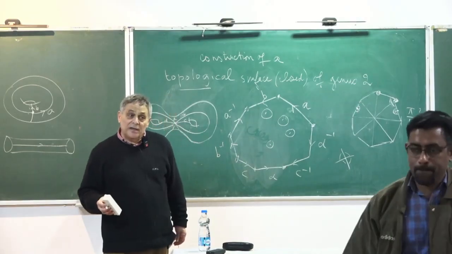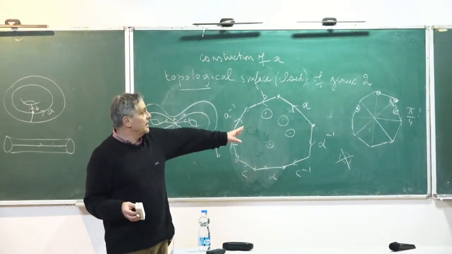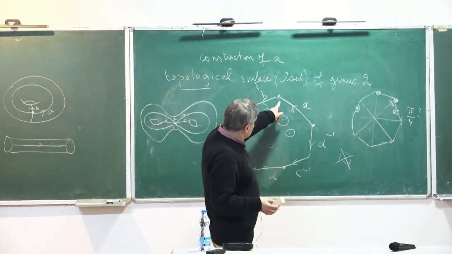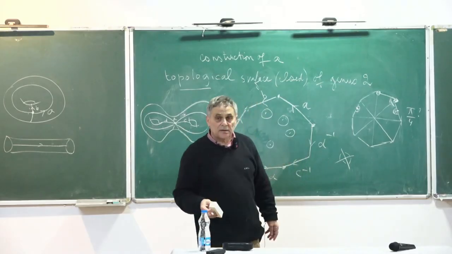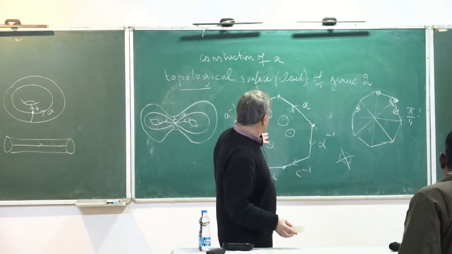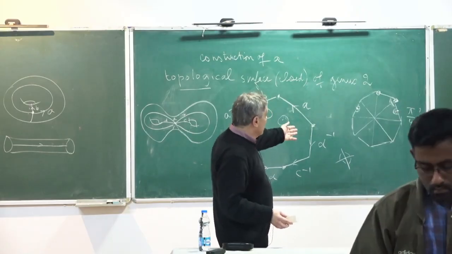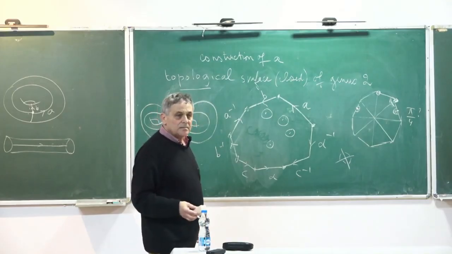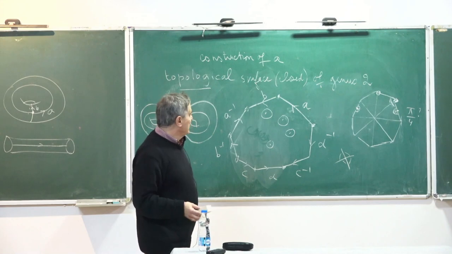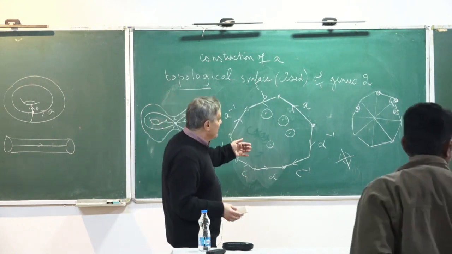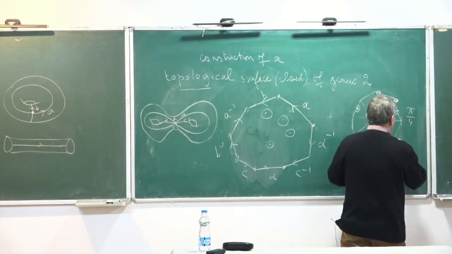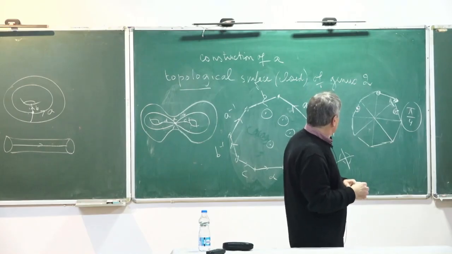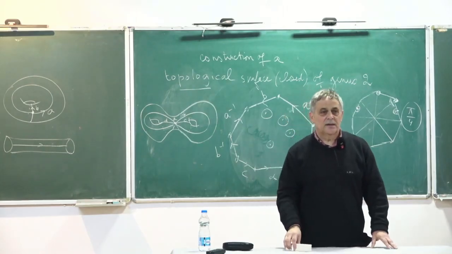So in the hyperbolic plane, maybe I can do the same construction, taking lines in the hyperbolic plane, geodesics. I can get a hyperbolic surface if each angle is equal to pi over 4. So last time